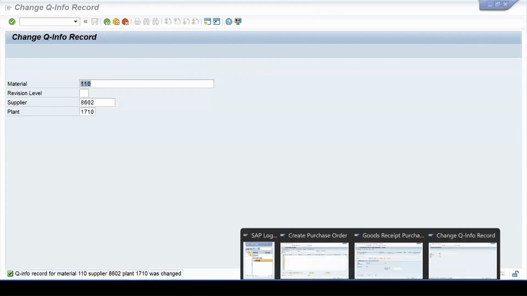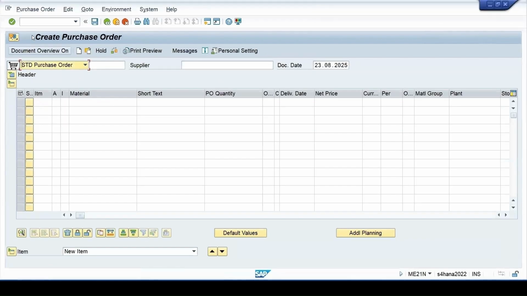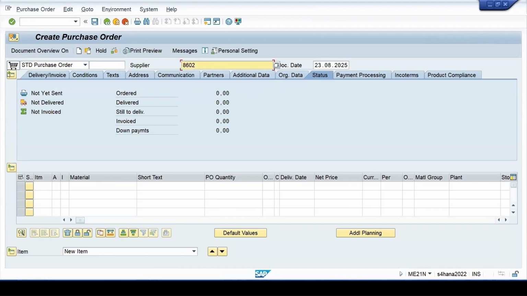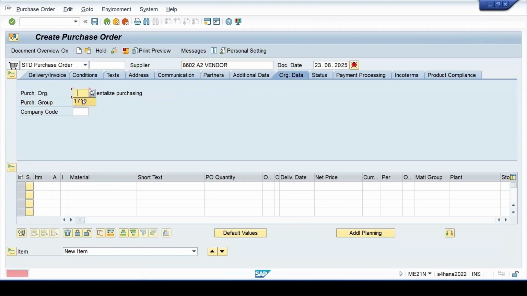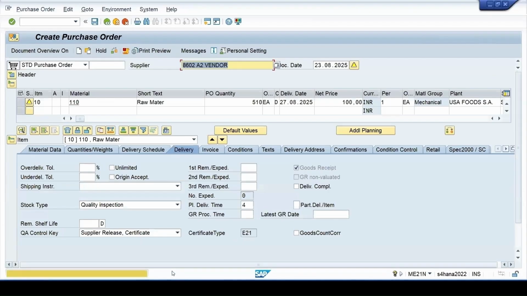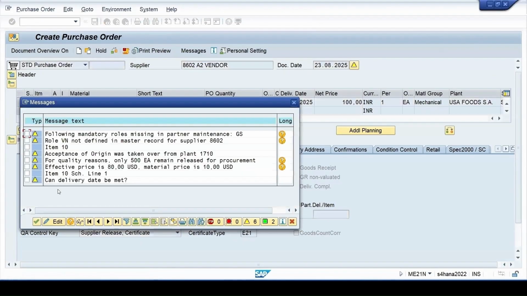And now if I again try to do the purchase order transaction, the checkbox needs to be checked. If I buy it from the same vendor, keeping my quantity 510, enter. Check it once.